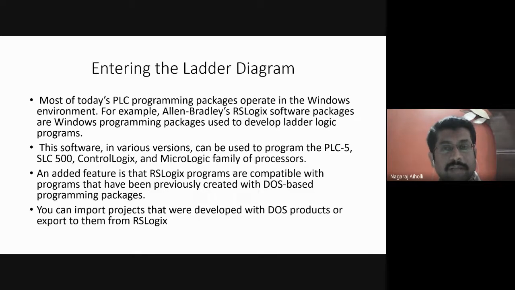Most of today's PLC programming packages operate on the Windows platform. We are familiar with the DOS operating system and the Windows operating system. There are various versions nowadays. For our mobile phones we have Android operating systems, correct? So there are various versions of operating systems. The two main ones used for the ladder diagram are the Windows operating system and the DOS operating system. Earlier they used to make use of the DOS operating system, because Windows is an advanced operating system. No doubt both may be used, but there are certain advantages and disadvantages of each.